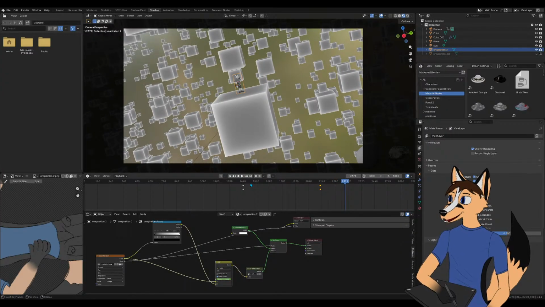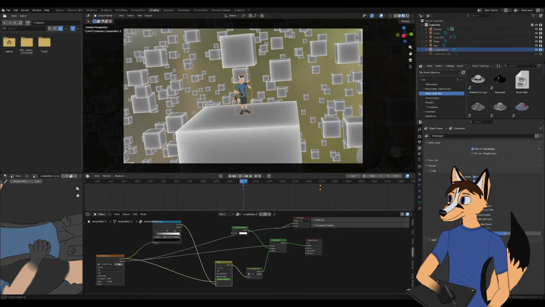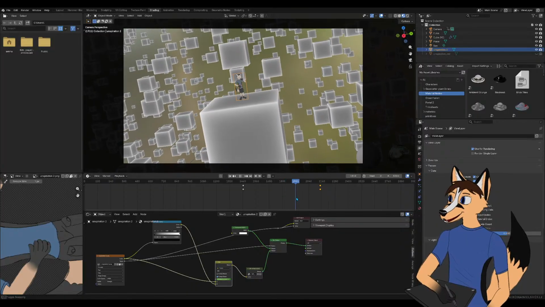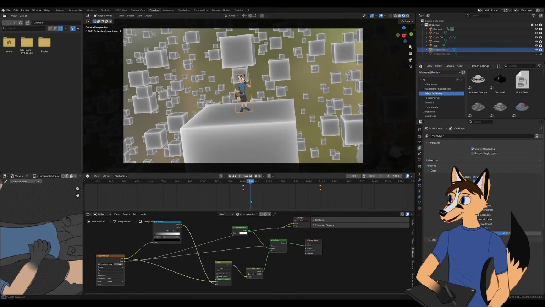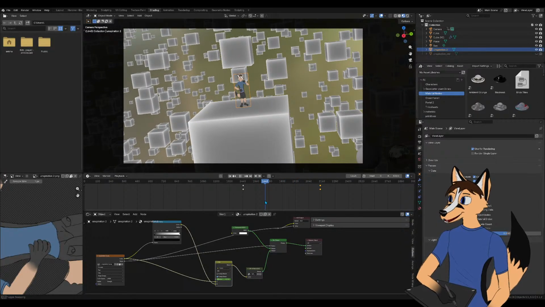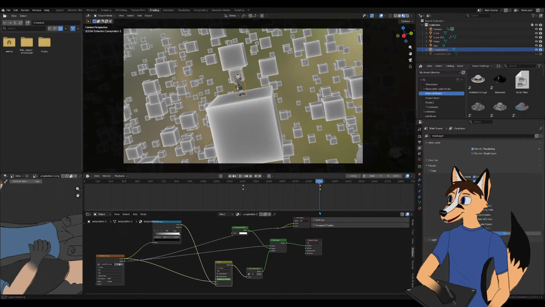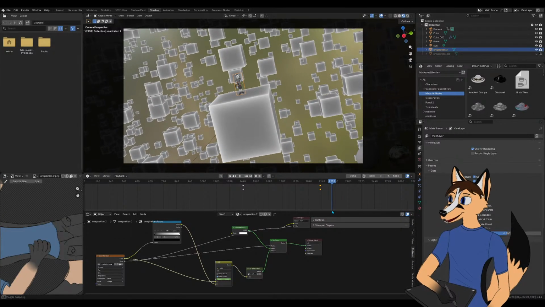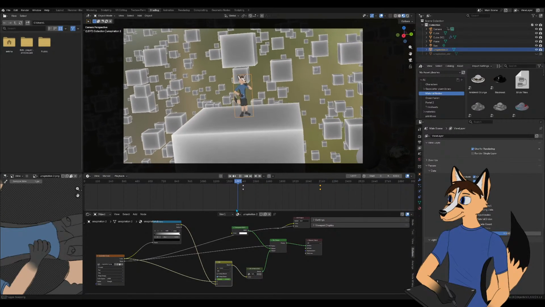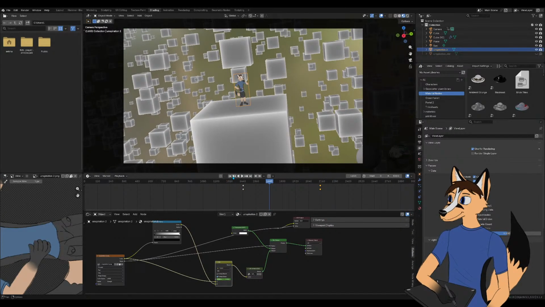It fades at the same rate as, hopefully, the audience realizes he's on a cube. As soon as they realize fully he's on a cube, that's when he starts to fade, and then his fade is complete basically at the same time the cube is fully in frame. So that's good. I think that's good.